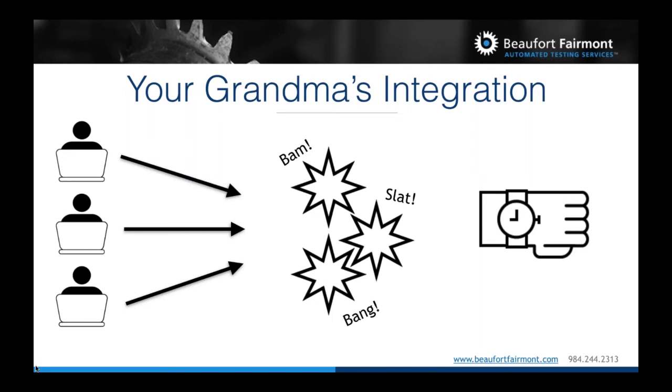Maybe there would be big problems. In fact, most of the time there were big problems. And what was the worst part about this is that when there were problems with integration, no one could tell how long it was going to take to fix the problems. And so that's what we want to talk about today, is continuous integration and how it solves this problem along